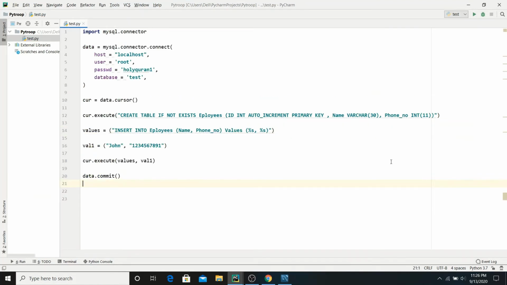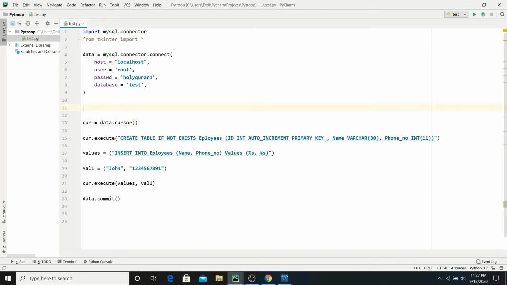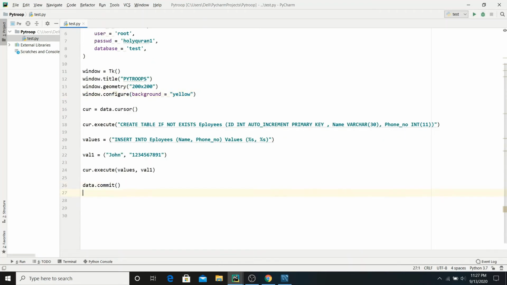Okay, so now we are going to create a GUI here and connect our database to our GUI and insert values through the GUI. So let's just import Tkinter here. By the way, if you haven't watched the GUI video, I recommend you go and watch that first, because I'm not going to explain everything about GUI again. So let's create a simple window. Actually, let's copy this window from another window. So let me copy this. I copy paste the main window here.